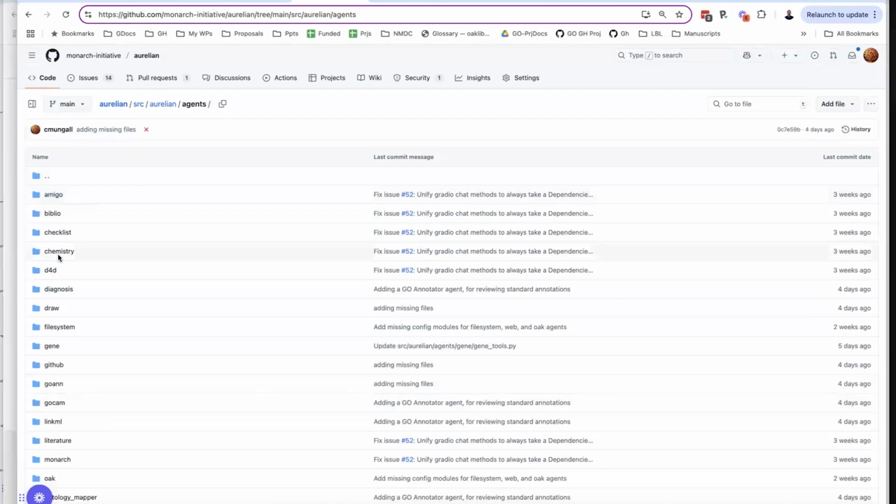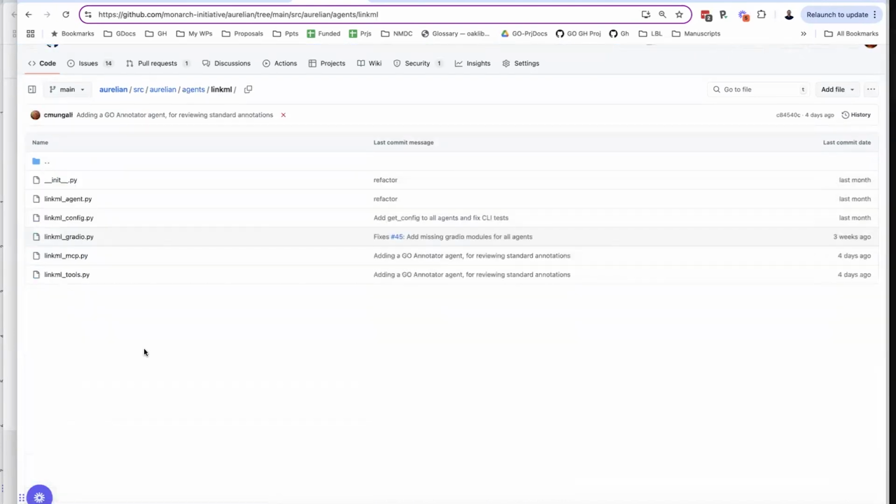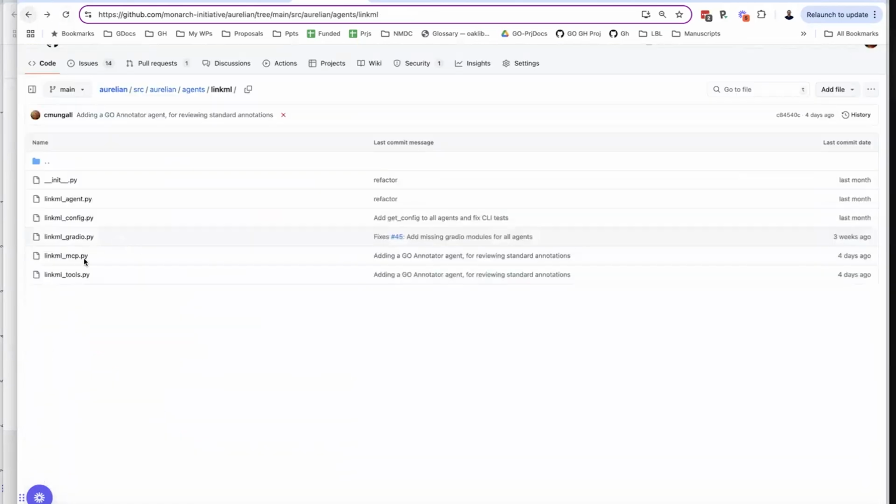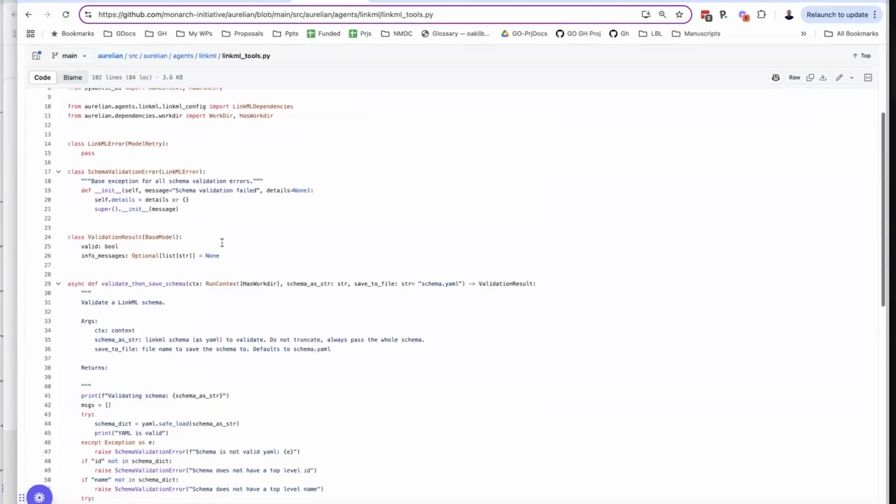So there's a lot of different agents here, and just to go back to your question, Hussein, maybe I'll show quickly the LinkML agent here. There's a little bit more going on here than what I showed before. Those of you who are better software engineers may have much better ideas about how to organize this, but the way we decided right now is that for every one of the agents, we would have the actual agent itself, and then we would have tools,